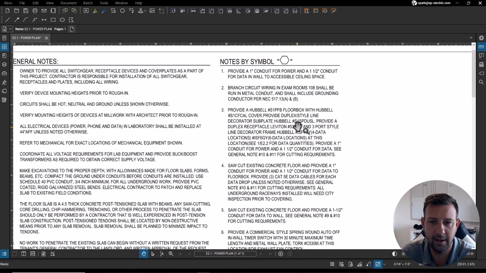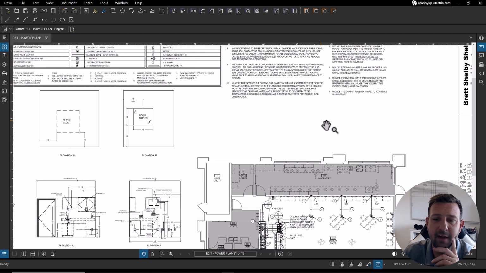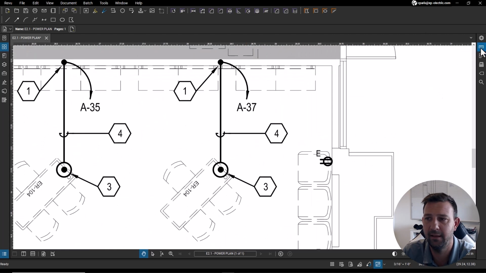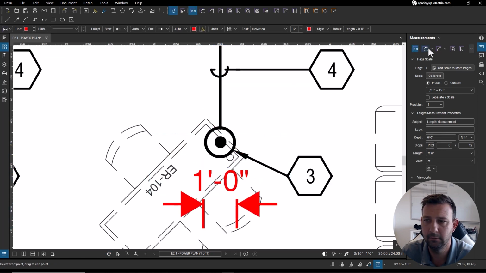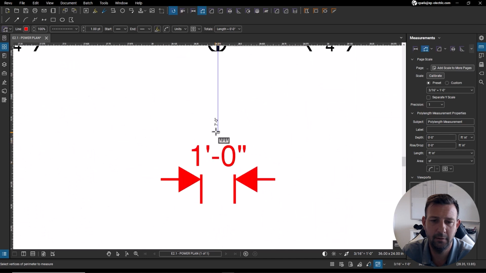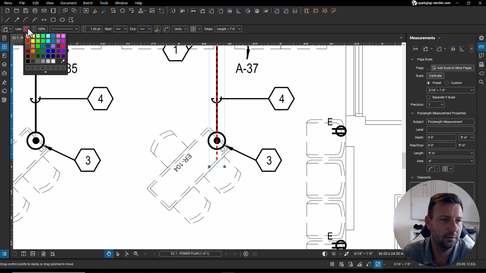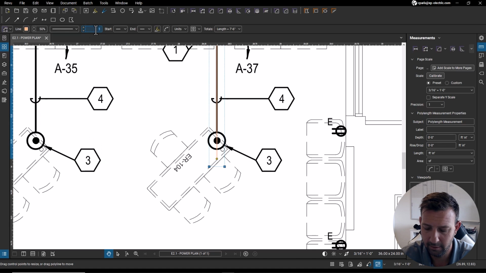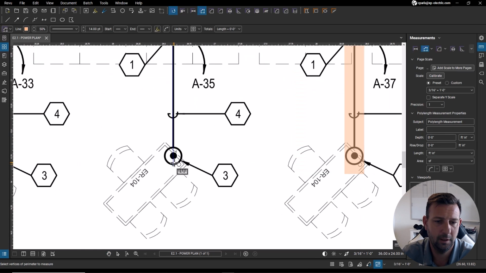We're going to say that, let's see, we've got saw cut existing floor and provide a 1-inch conduit for power and a 1.5-inch conduit for data to each floor box. So we've got a 1-inch and a 1.5-inch going in this trench. So I would say that we want to do like, call it 1 foot by, so call it from there to, we'll go 7'6". What I'll do is I'll just mark this like this, fatten this line up a little bit, call that maybe a 12, 14, and I'll make that my default. So that way I can come over here and